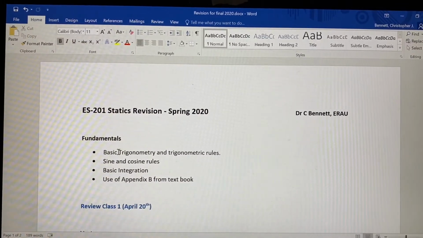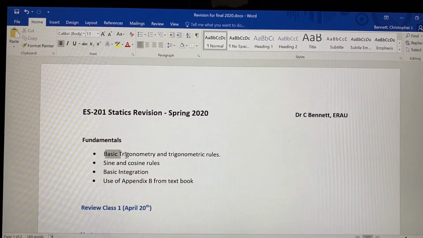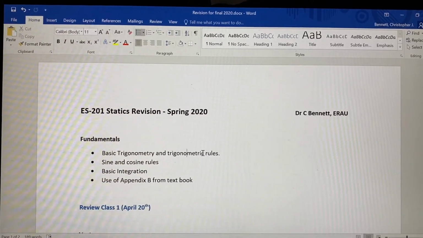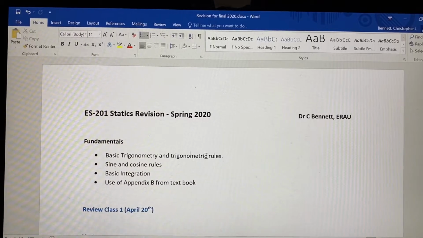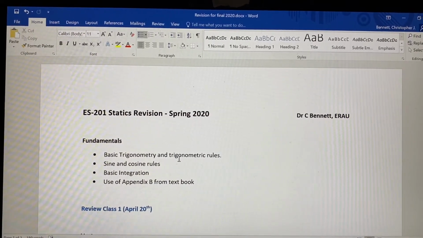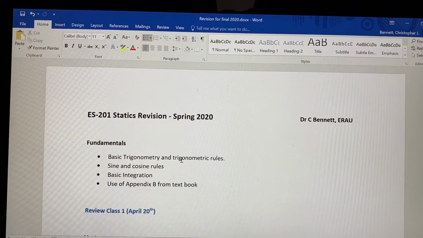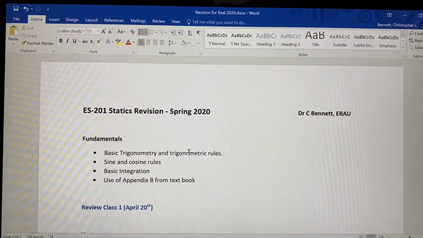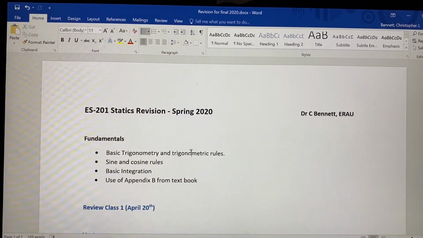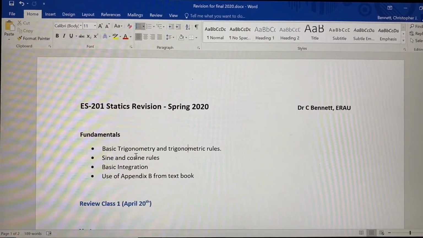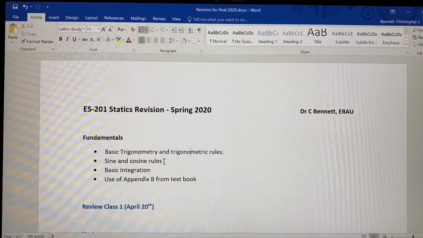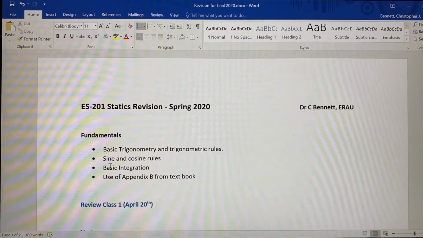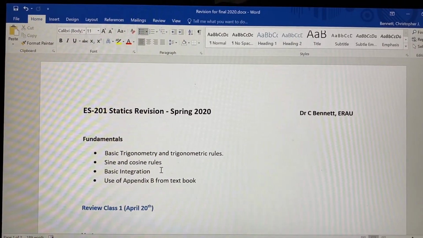So reviewing how to use basic trigonometry and the trigonometric rules, like for example, in addition to the sine and cosine rules, like the identities, like cos squared theta plus sine squared theta equals 1, that kind of thing, right? That may come up. So as I said, sine and cosine rules for non-right angled triangles, and then reviewing how to do some basic integration,